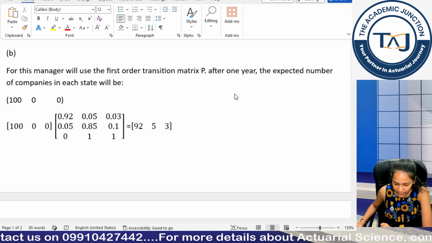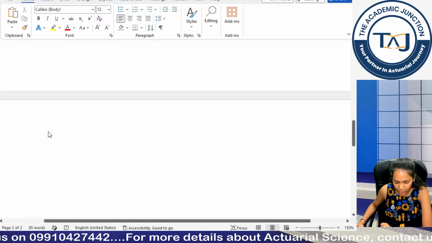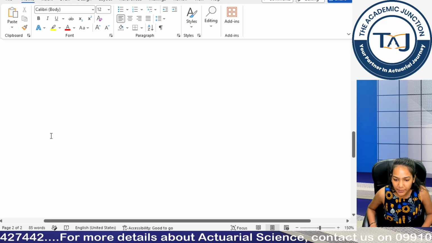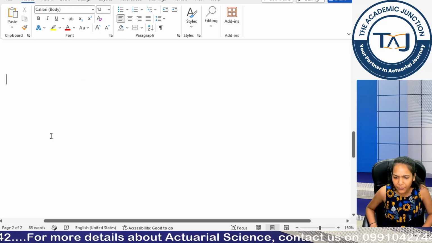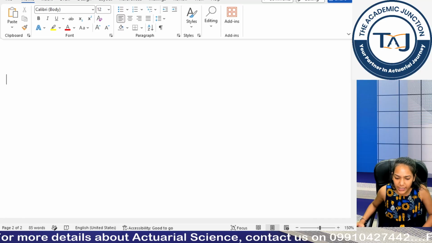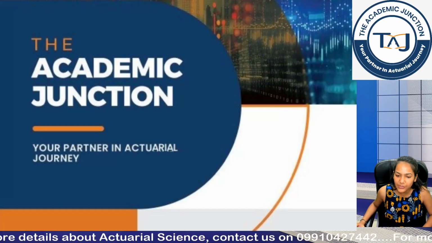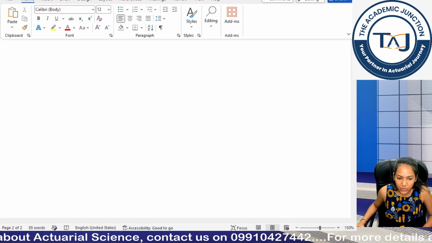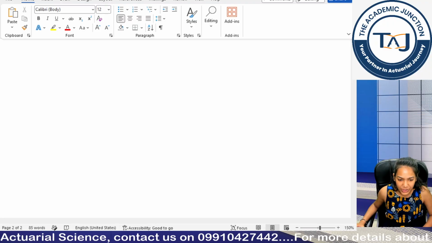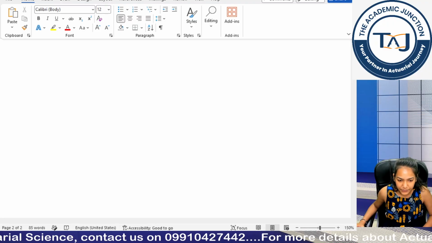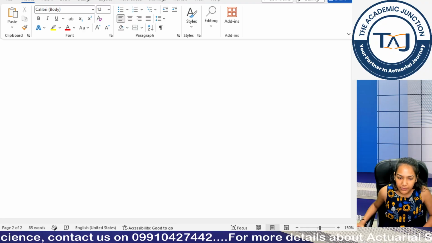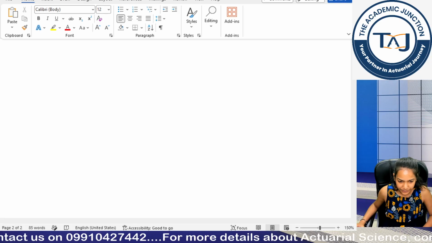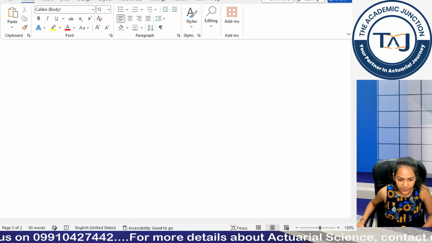Moving forward, we have Chapman-Kolmogorov equations, right? So I will be showing you how to type Chapman equations. I will be doing it through a formula only, because in that way you can cover the rest of the equations. Okay. So let's do the Chapman-Kolmogorov equation as well. We have sum defined in it, right? Just a second.